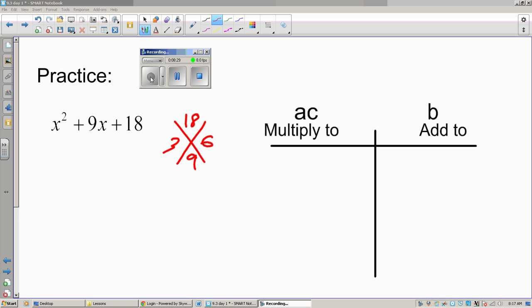All right, so that was first. I know that 6 times 3 is 18. 6 plus 3 is 9. So then we're going to get it multiplied out. So that's x plus 3 times